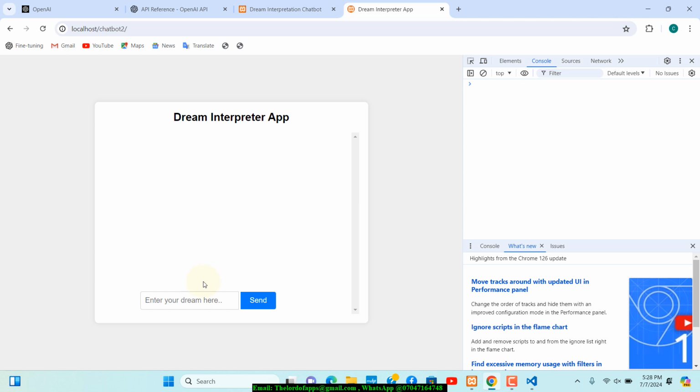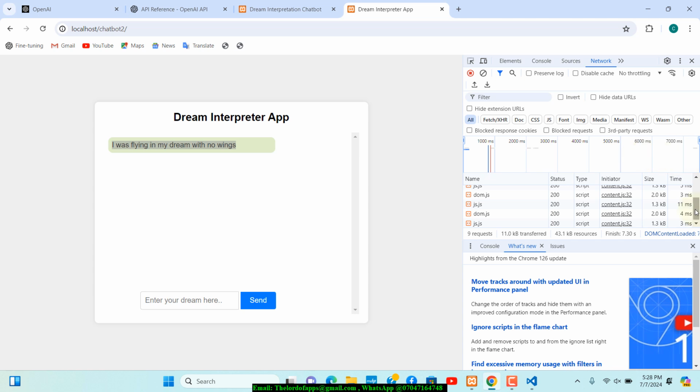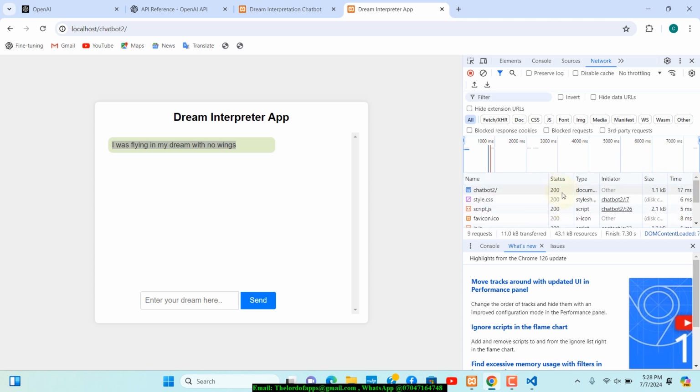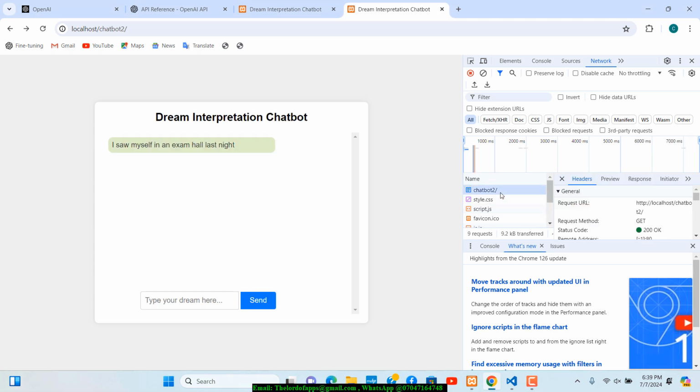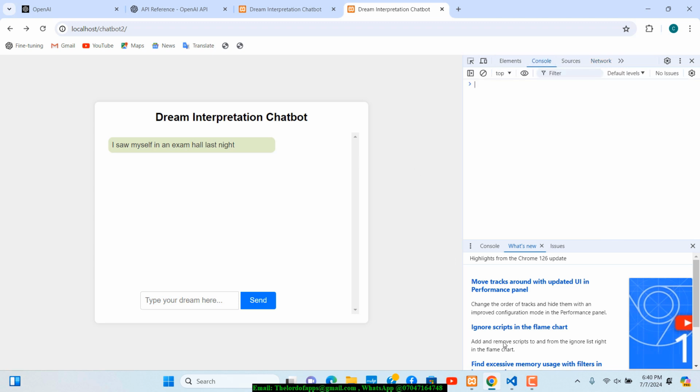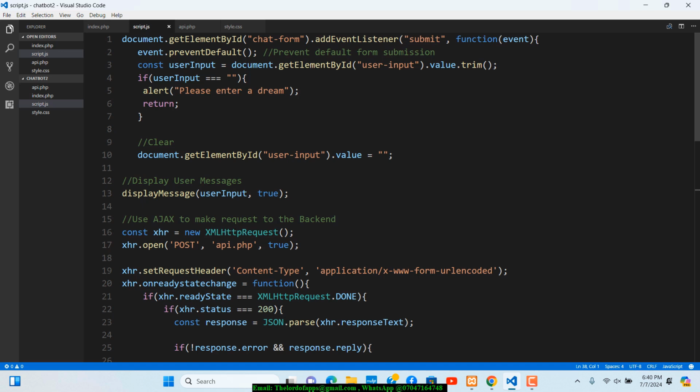So if we go back and refresh this page, I want to try one more time and then hit send. We still get our own message back, but we are not actually getting the responses from the API back, and it isn't reporting any errors right here. Even if we check the network tab, we're getting 200 right here, because we have a status of 200 OK. So what I'm thinking right now is that if we go back to our code,